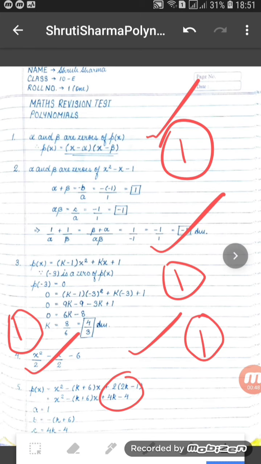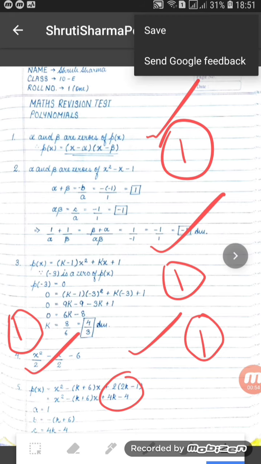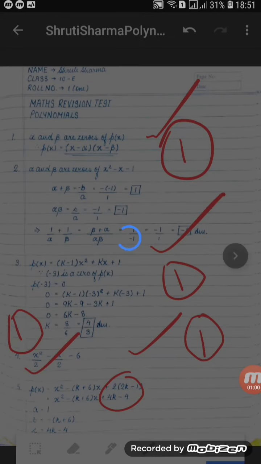We have already seen the score of the student, and now we will click upon these three dots at the top. It will give us two options: save, send Google feedback. So we will press upon save, and once we press upon save, this document will be saved as an edited PDF file.